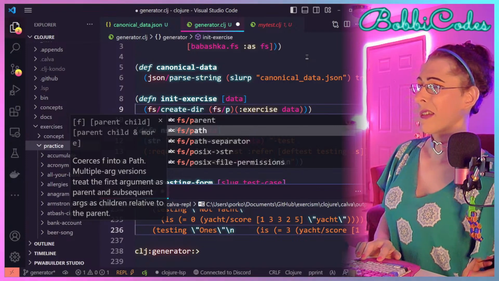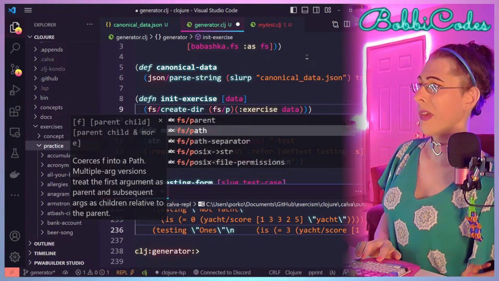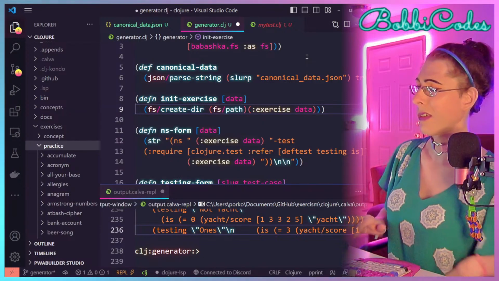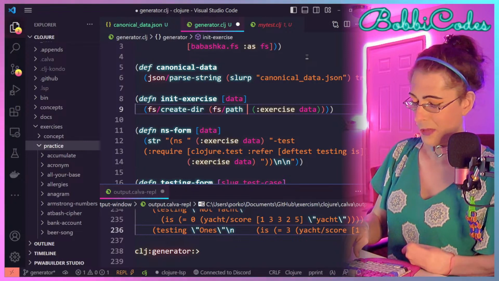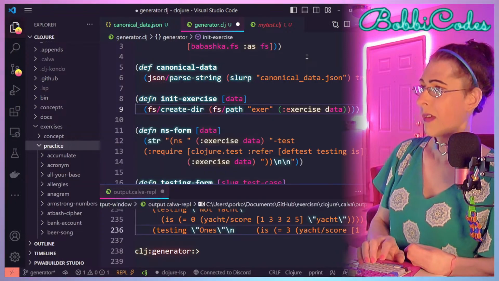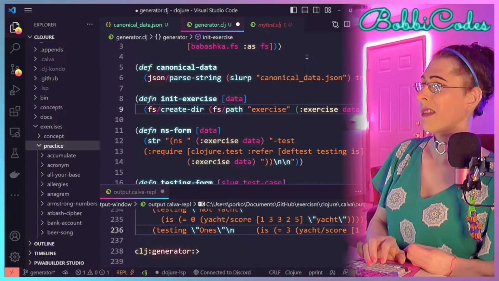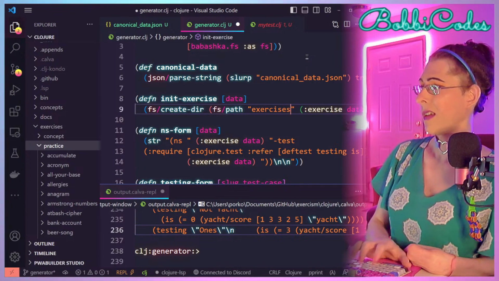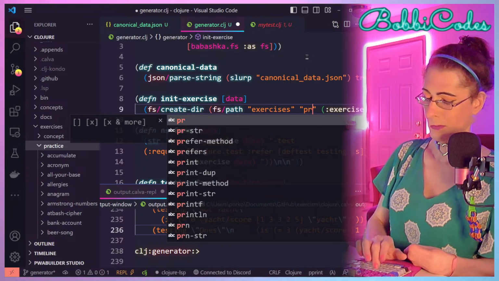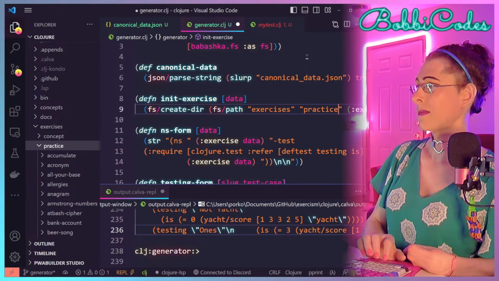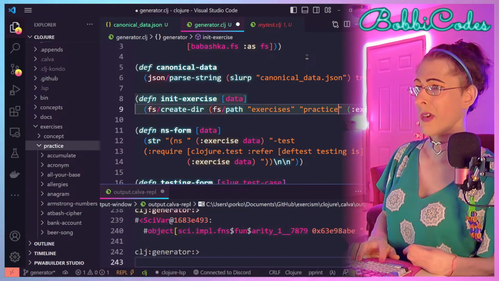It takes multiple args for nested paths, I guess. So could we say exercises and practice? Let's see if that works.